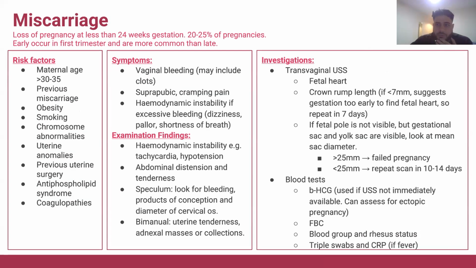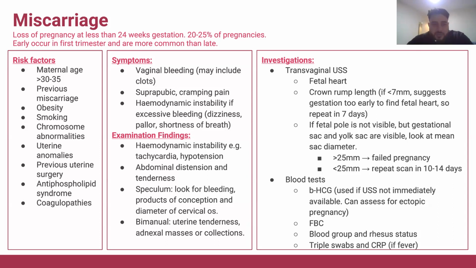Right. So yeah, my name is Hassan. I'll be going on from miscarriage. So for those of you that are still with us, a miscarriage is defined as a loss of pregnancy at less than 24 weeks gestation. Because typically past 24 weeks, pregnancies are considered viable. But prior to 24 weeks, that's where the definition of miscarriage comes in.